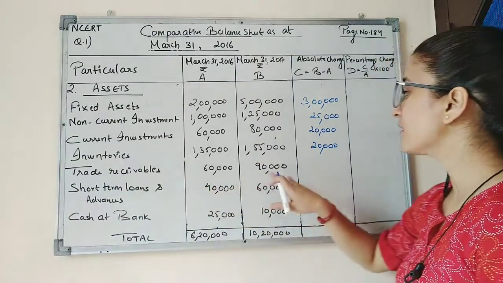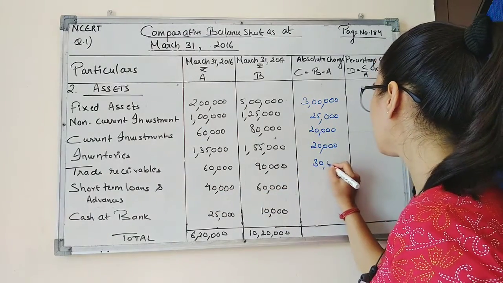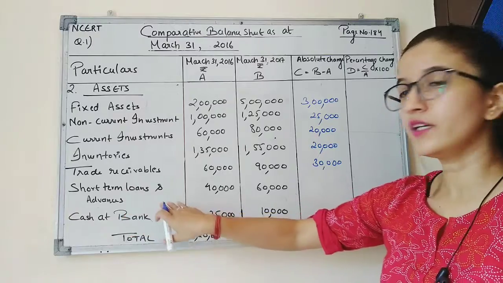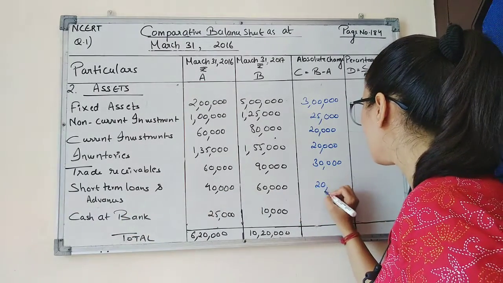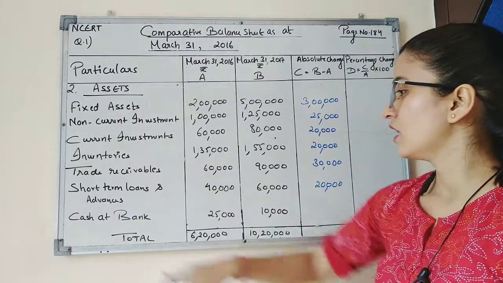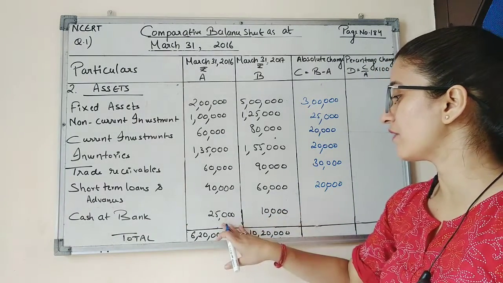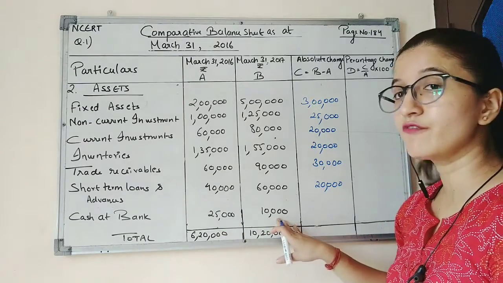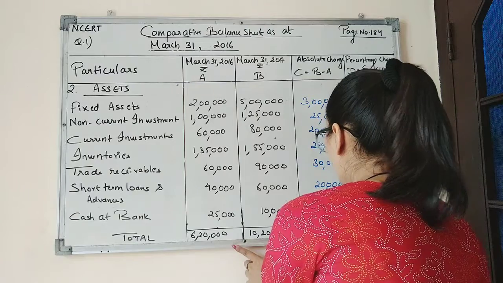Trade receivables, 90,000 minus 60,000 is 30,000. Short-term loans and advances, 60,000 minus 40,000 is 20,000. And the last is cash at bank. So 10,000 minus 25,000. Here there will be a negative value, and we will denote the negative value by brackets,